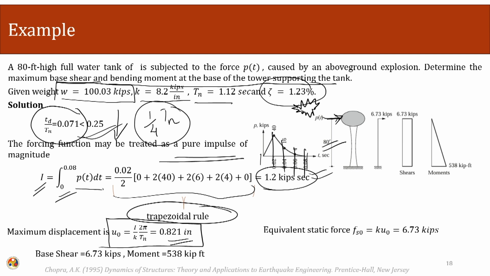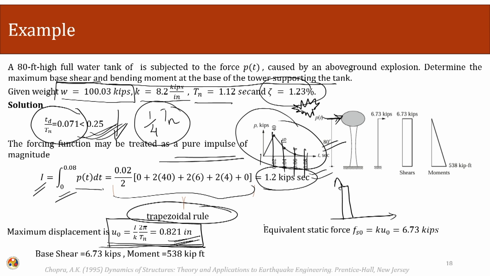The main point is that using this ratio, we are justifying that the entire loading can be approximated using a pulse loading, and using this pulse approximation we calculate the maximum displacement. It fits our criteria of less than 1/4, and since it fits, we calculate the total deflection using an impulse type of loading. So our total deflection becomes 0.821.